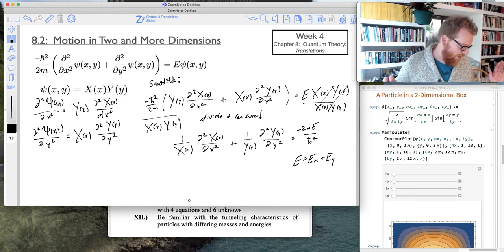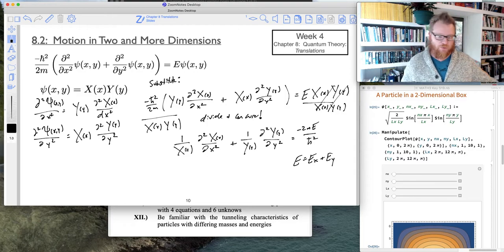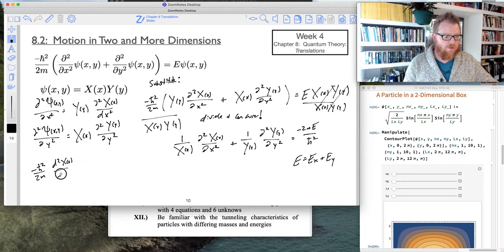So this is where I'm going to do my separation of variables technique, okay? Because I know if I just looked at the two separated situations, it's negative h bar squared over 2m